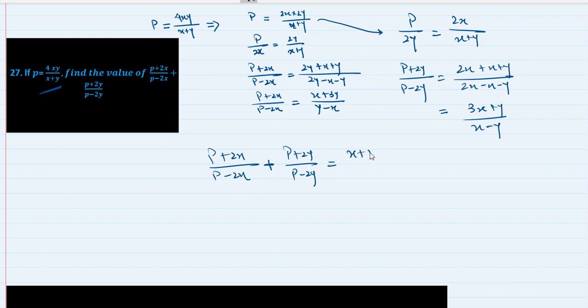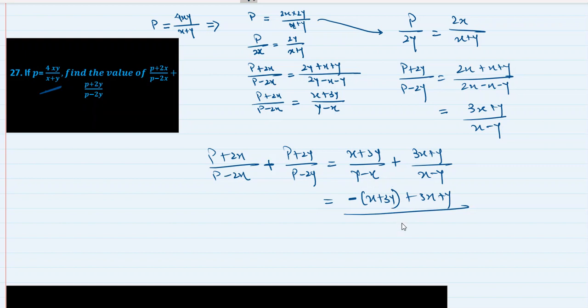It is x plus 3y upon y minus x, and plus p plus 2y upon p minus 2y is 3x plus y upon x minus y. So this y minus x will turn into x minus y, and minus sign will get multiplied in the numerator. Minus of x plus 3y plus 3x plus y, and both the denominators become x minus y,